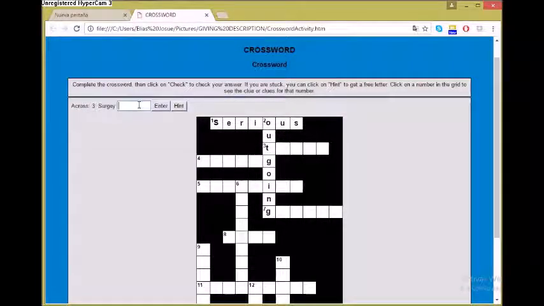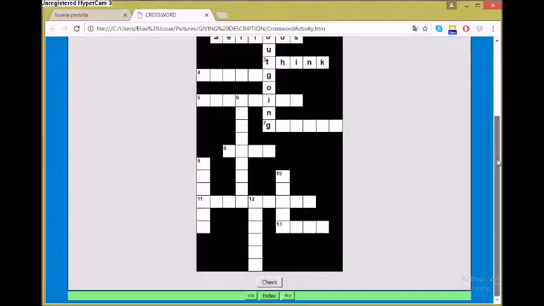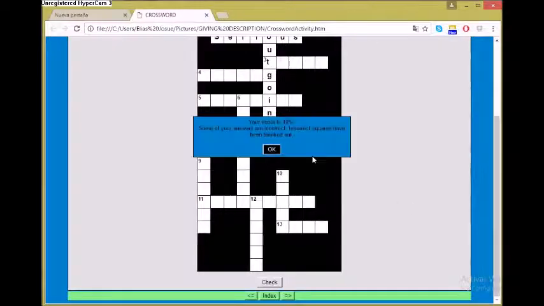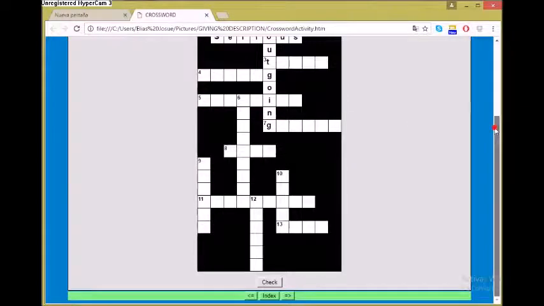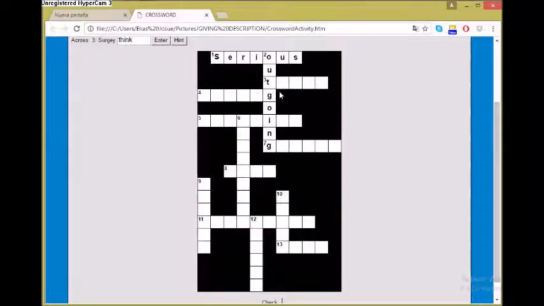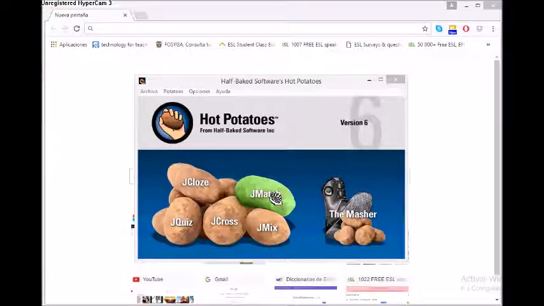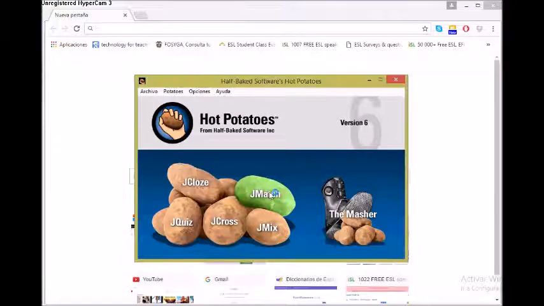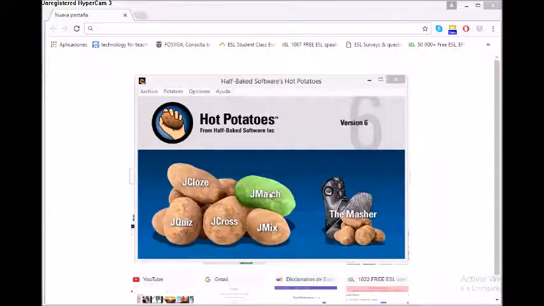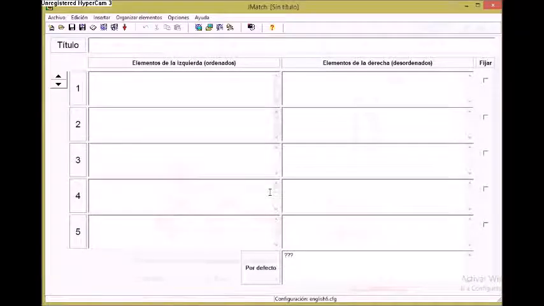We can write anything just to make a mistake. Here we write "think", and when you check the exercise, if your score is 18, the exercise will leave you on the web page only the words that are correct. Well, here we go with the JMatch. This is one of the applications that we can